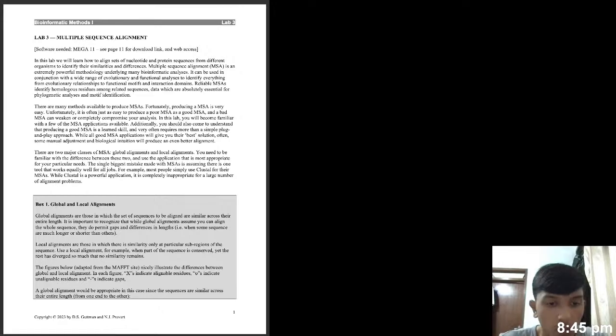Welcome to the third lab of Bioinformatika. So what we'll be doing in this lab is we'll be doing multiple sequence alignments using a couple of different pieces of software, EGA and MAFT, in order to align protein sequences. So what we've done in the past labs is use pairwise sequence alignment methods to identify